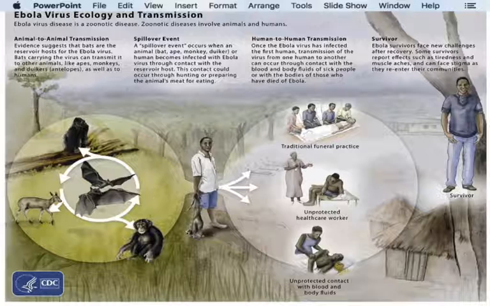Animal dies. A dead animal is really easy to capture as bushmeat, right? Human eats infected animal. Now, if you cook it, that's not the issue. It's rather when you're chopping up, if you're butchering that animal and you cut yourself, your blood comes into direct contact with the blood of that animal. That's where the exposure to Ebola comes in. And now that individual is able to spread the disease to